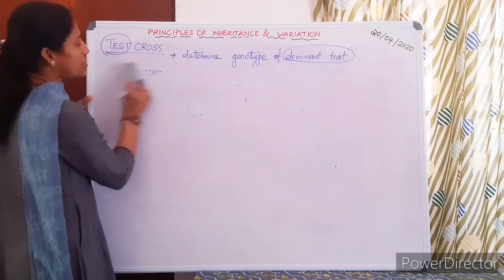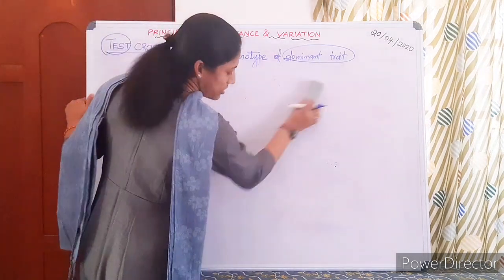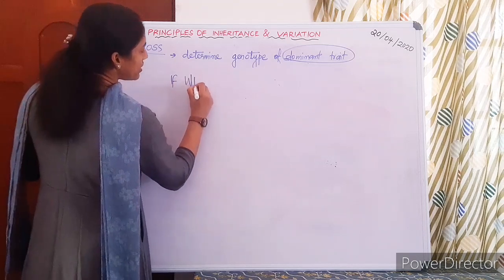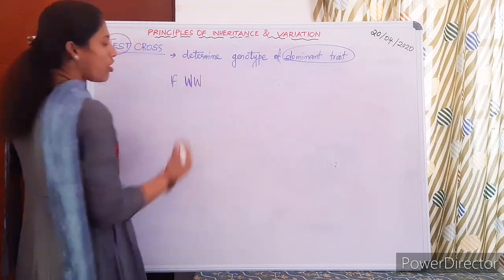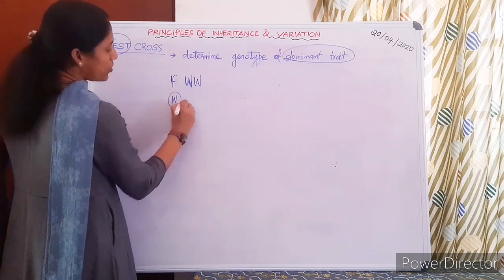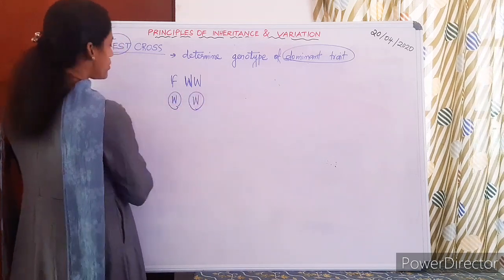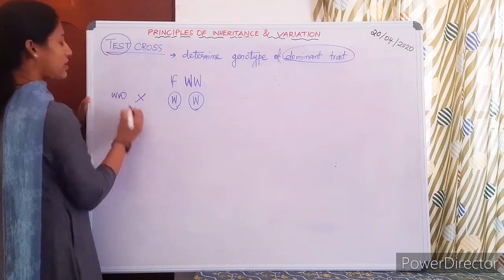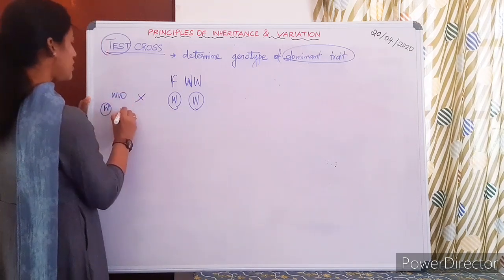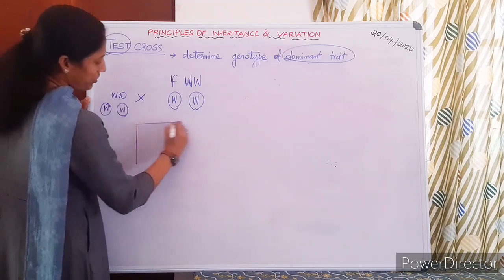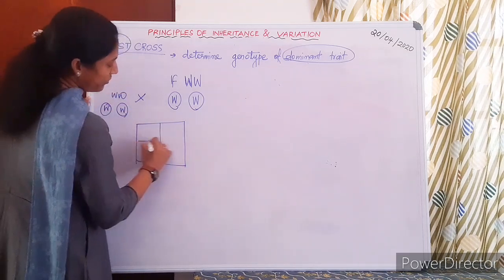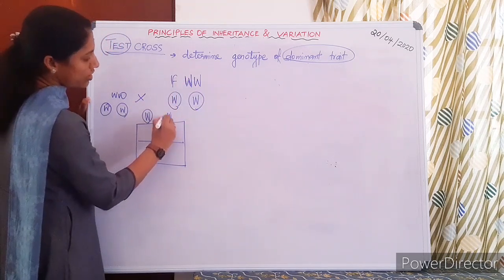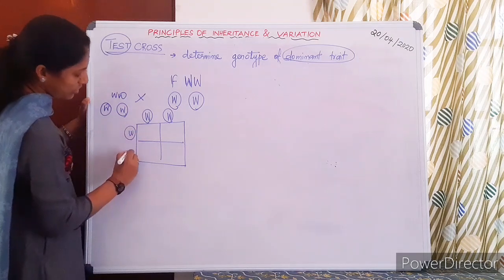Therefore, how is it done? I will show you in your textbook, test cross here. So if violet is capital W capital W, that means if violet is homozygous, it will produce both gametes capital W. When it is crossed with the recessive, this will produce small w. Therefore, you are very familiar. If the plant is homozygous, it will produce all the progeny with violet flowers.